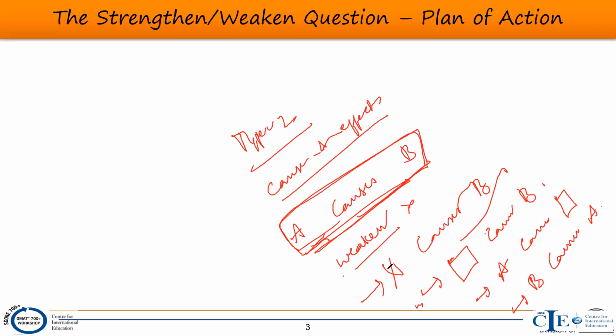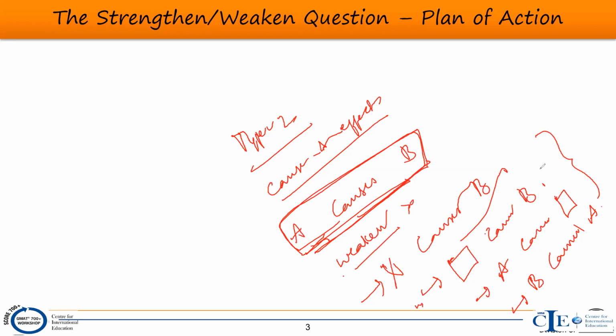Okay. So bring an alternate factor, and the original factor gets weakened. The original claim is A causes B. So if you say X causes B, A causes B gets weakened. Or without A, also B can happen, then it also weakens. Or A does not necessarily lead to B, that also weakens it. If you say B is the cause, not A, then A causes B gets weakened. So by reversing A causes B, you can weaken it by proving B causes A. So you must look for such kinds of answers in the options.